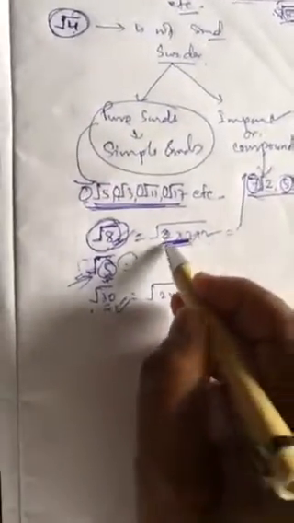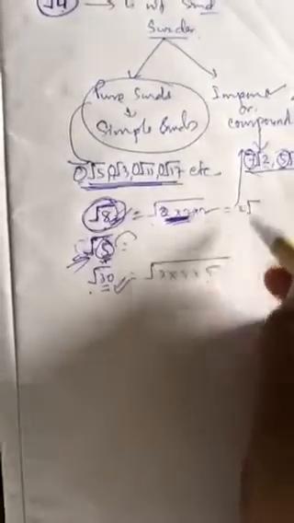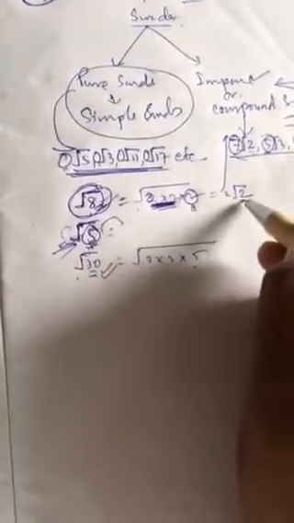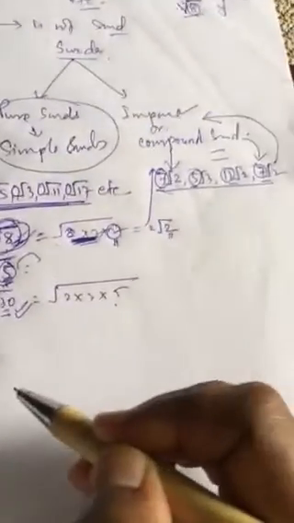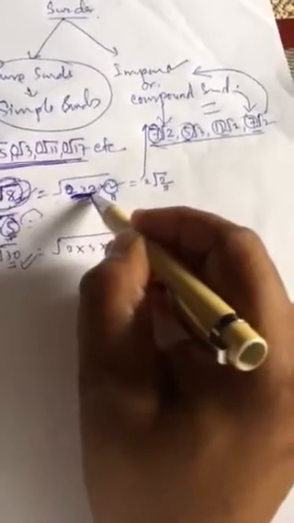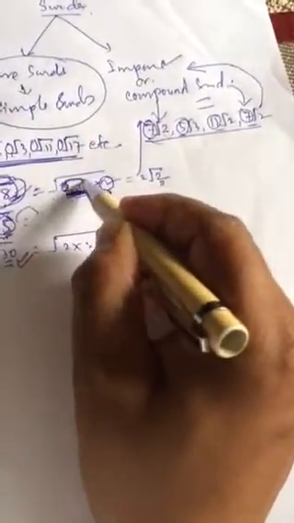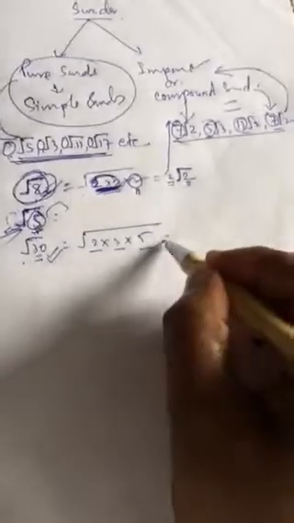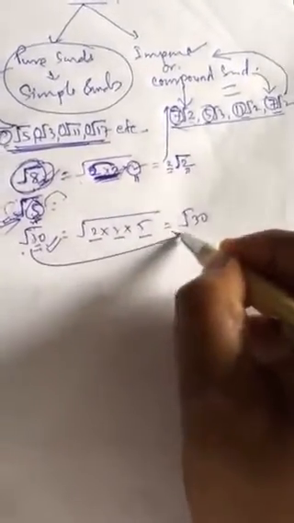Like this, you see here, the pair will be out of the root, and what has no pair will remain under the root. Like it has got the pair. So the pair will be out, the unpaired will be under the root. You see here, is there any pair? No pair, so nothing will come out, so it will remain root 30 only. So no need to try to convert root 30 into impure form.